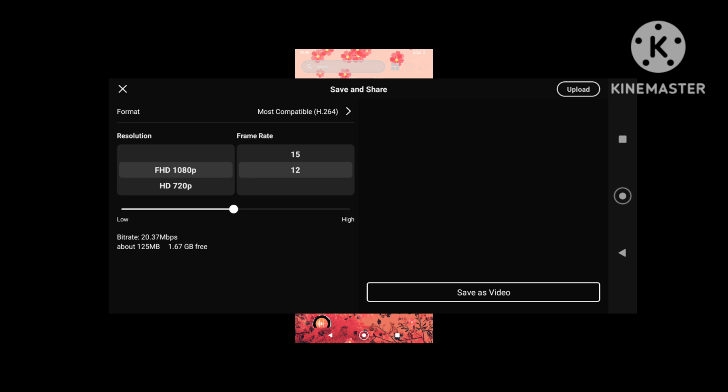It depends on the quality of the video that you want to render or to save. If you want to save into your phone, you can just tap the save as video prompt. If you don't want to save it, you can directly share it to social media and other websites that you may want to share your video.